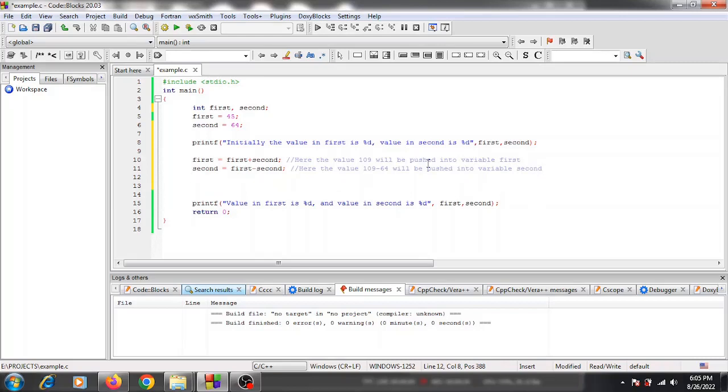Now let us push the difference between first and second into first again. That is, at present first is holding 109 and second is holding a value 45. Now if we write first minus second, what will happen is